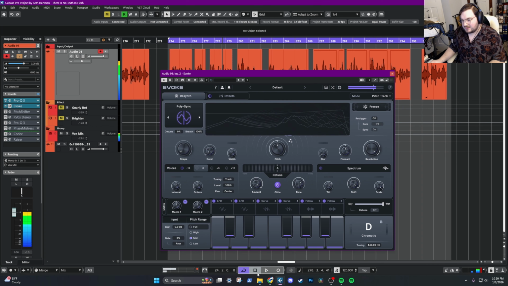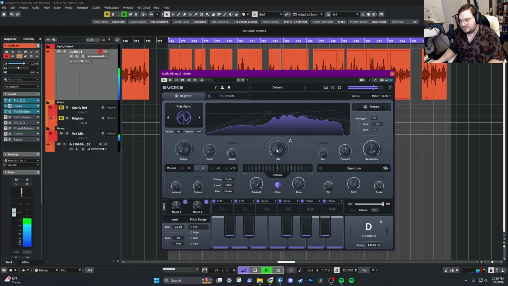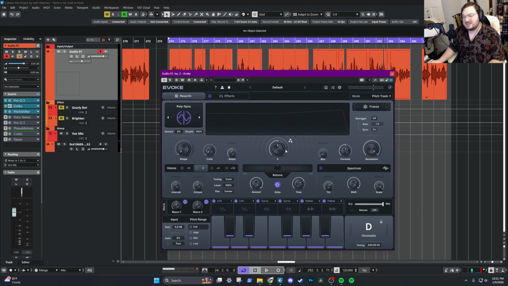I decided to go with this one because I think if I pitch it down all the way, and I pitch shift it down, you get that very low frequency clicking, and that's essentially what the sound is made of. It's made of a bunch of clicks, like a synthesizer. It's just sped up because it's at a 0 octave and whatever.